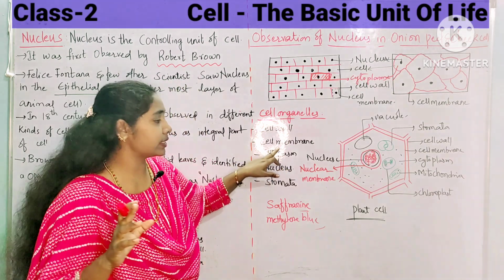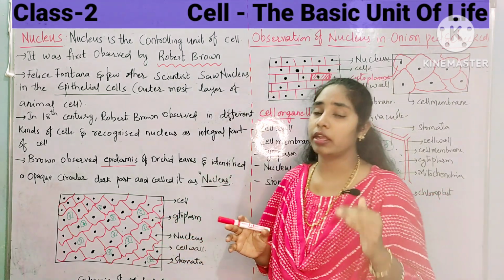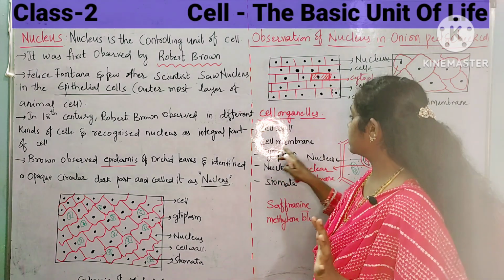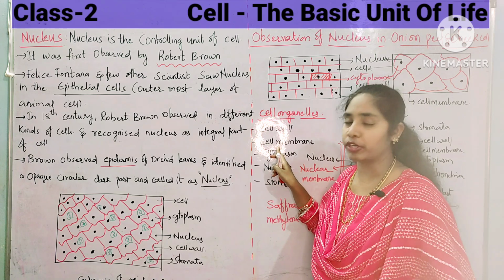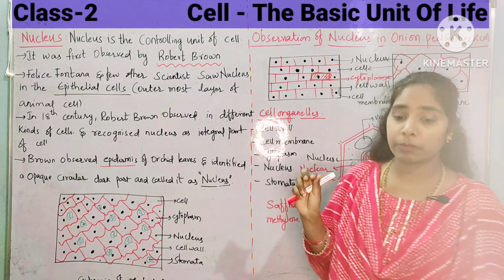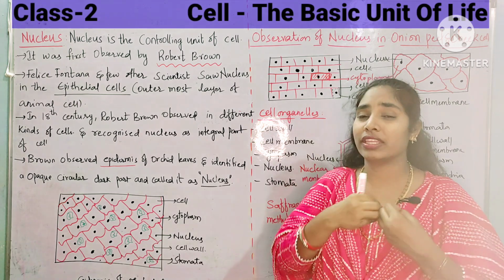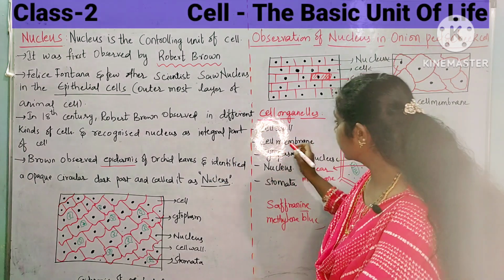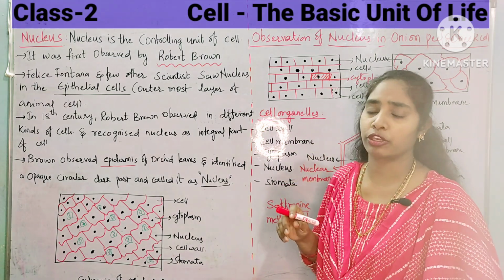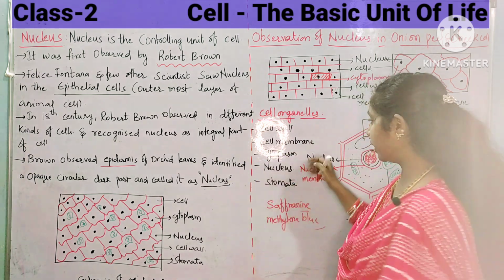Next to that is the cell membrane. The cell membrane is seen in almost all cells. The cell membrane is the second layer in a plant cell, whereas in the case of an animal cell, the cell membrane is the first layer. What is the function of the cell membrane? It protects the cell and acts as a selectively permeable membrane. Selectively permeable means it sends material inside and removes waste material out from the cell. If any toxins or microorganisms accumulate, those will be eliminated, thrown out from the cell by the cell membrane.